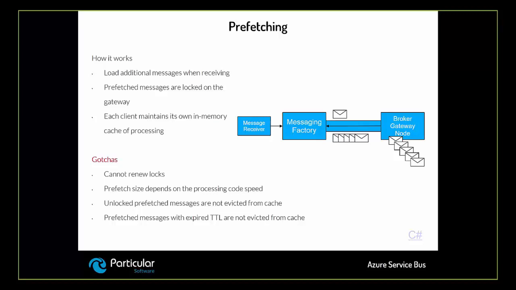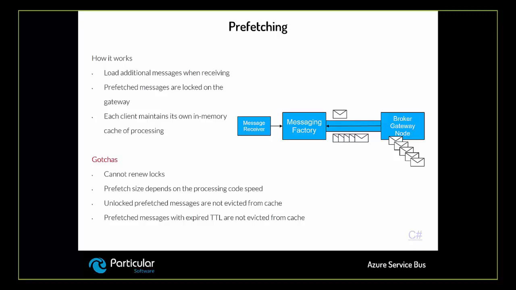Those messages are getting locked on the broker, which means they're subject to lock duration, like any other one, which is by default 60 seconds. Each client, each message receiver, will maintain its own in-memory cache, which it will utilize. This will probably affect the very first receive, the very first message received, but all the subsequent message receives will be extremely fast because messages are coming